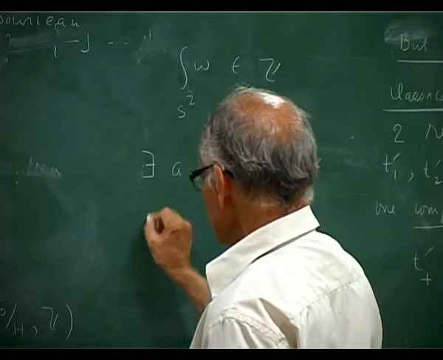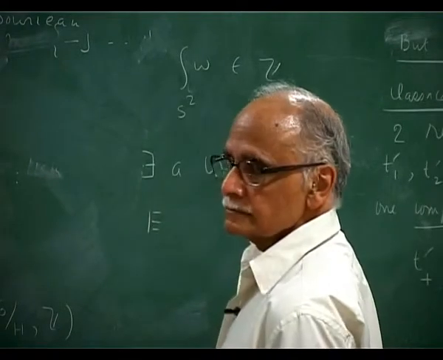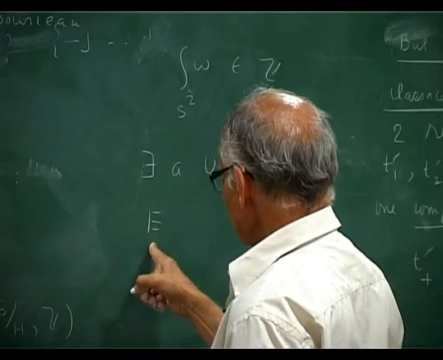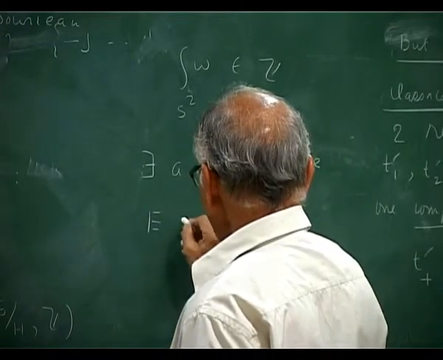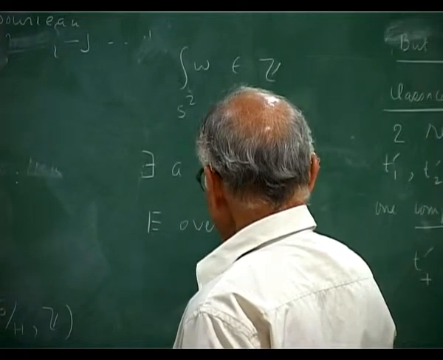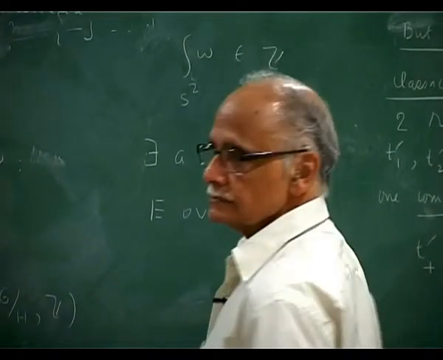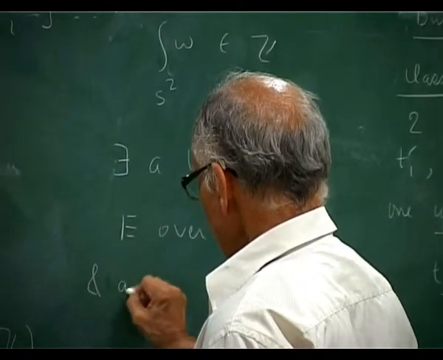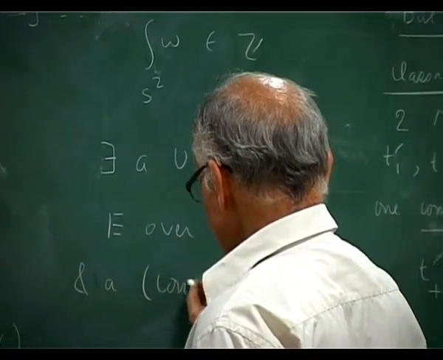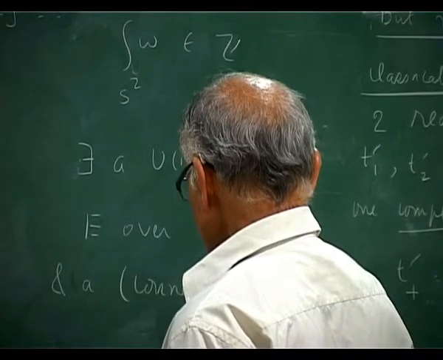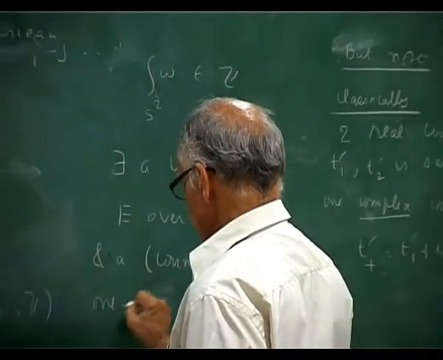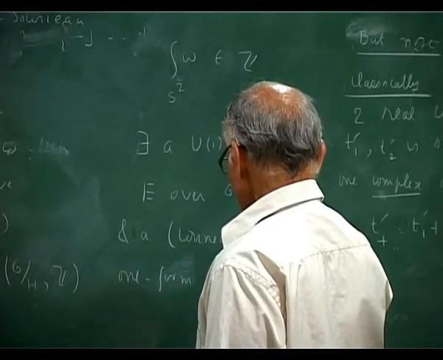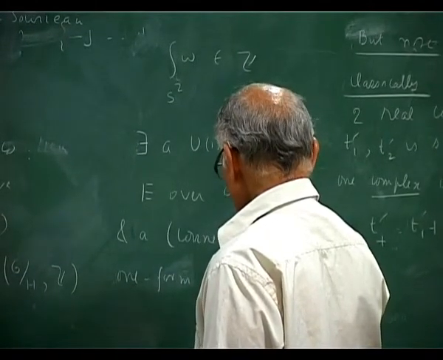Call the bundle space E, the U(1) bundle over G over H. This is what you would call a connection one-form A, such that